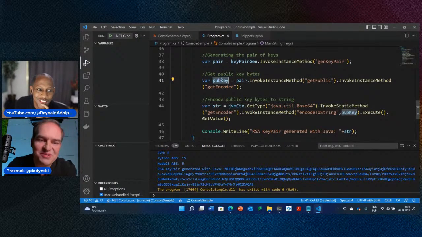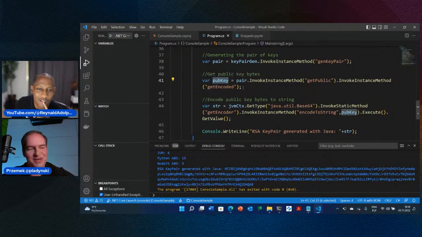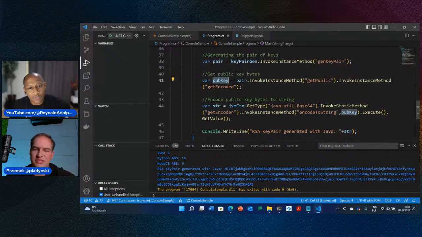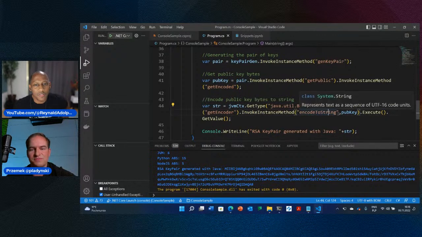That's visible here, because when you're coding in one technology, it's not so obvious whether something is by reference or by value. But when you go between different runtimes, if you want the number or the string, that will definitely easily come from Java to .NET, and you can use it in further processing. But if it's a reference, the object that you retrieve from Java probably will not give you much value if you pass it to methods in .NET, unless you still use it for further processing through Java, for example passing that object to another Java method and just interacting with it.